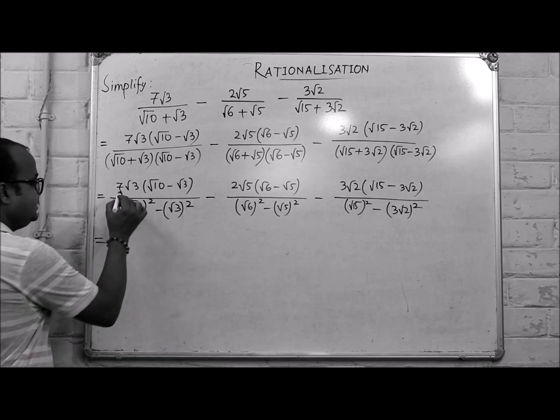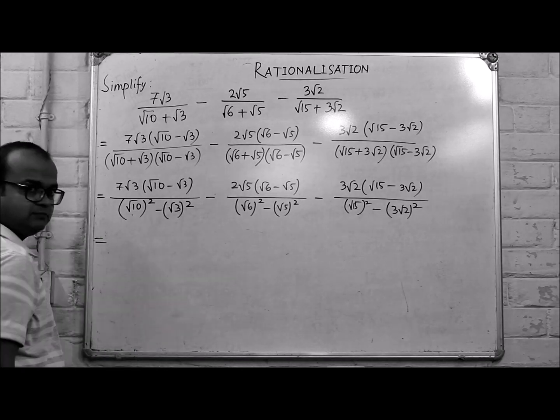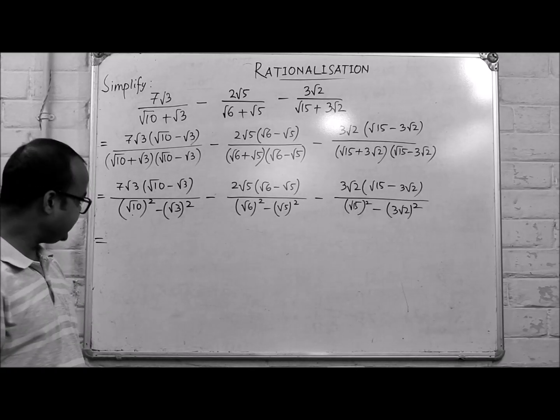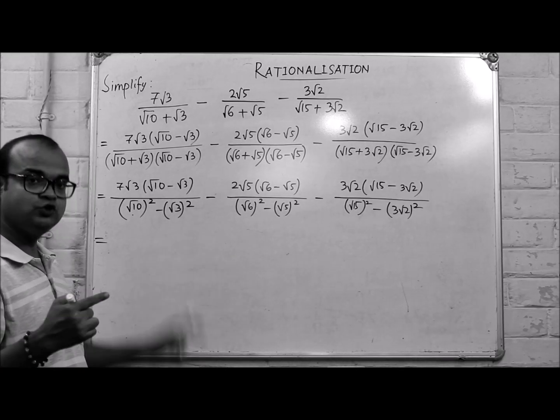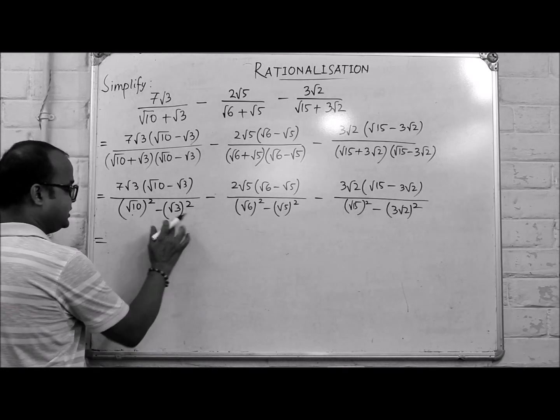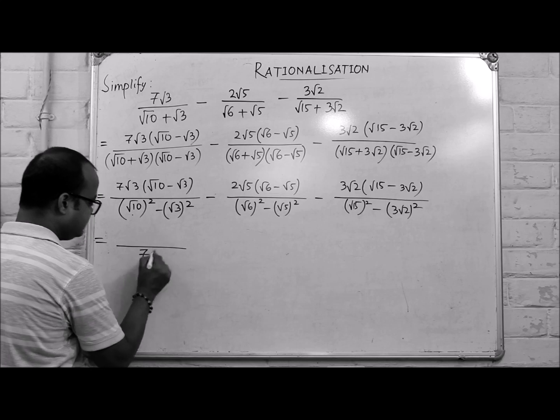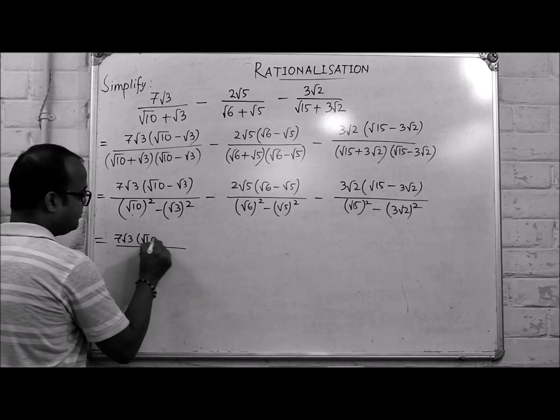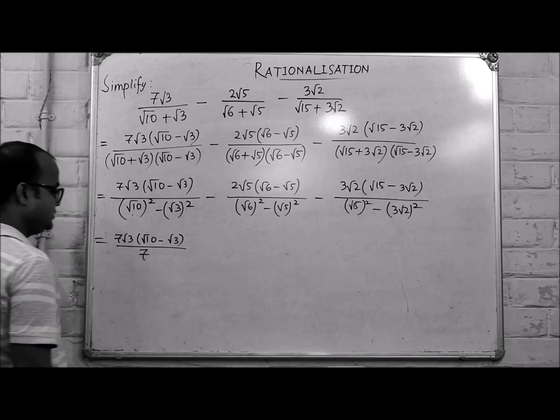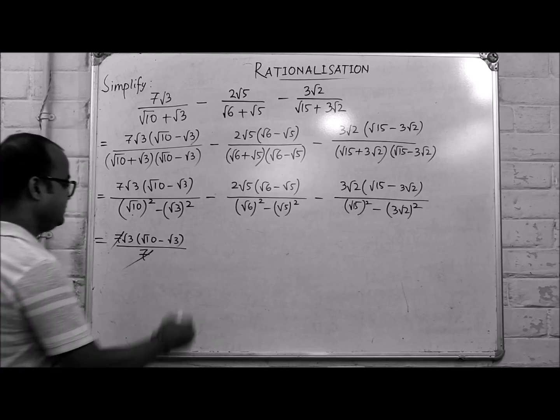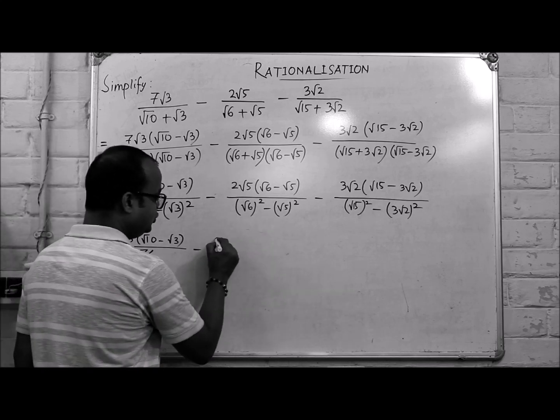Now, root 10 square means root 10 into root 10, it is equal to 10. Root 3 into root 3 is equal to 3. So 10 minus 3 is equal to 7. 7 root 3, root 10 minus root 3. So see, 7 and 7 will get cancelled. Minus 2 root 5, root 6 minus root 5,